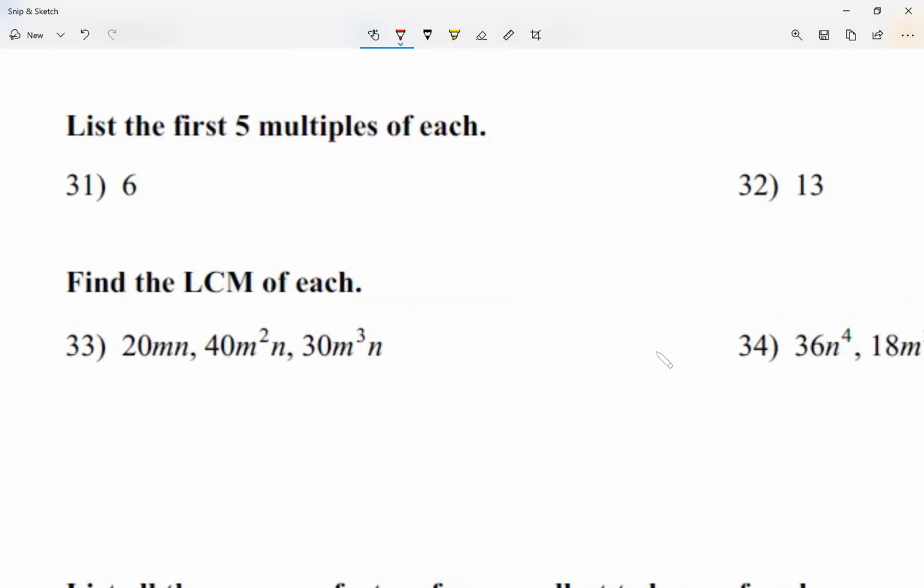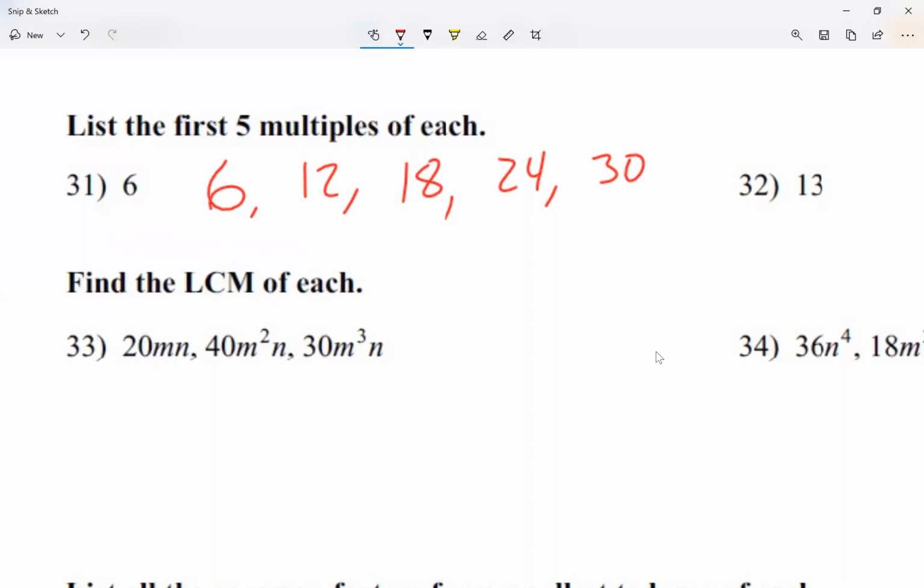So I'm gonna start with 6, and for each additional number, I'm gonna add 6 more. So 6 plus 6 is 12, plus 6 is 18, plus 6 is 24. 24 plus 6 is 30, right? I added 6 to each additional number. I just needed to make a list of 5 numbers, and there you go. 6, 12, 18, 24, 30. Now, don't forget to add the comma in between the numbers, and don't forget that there's a space after each